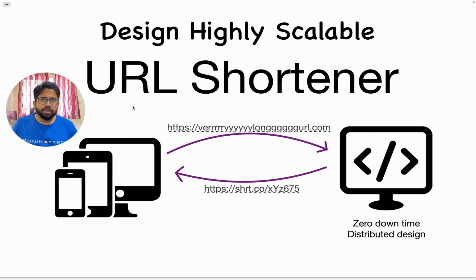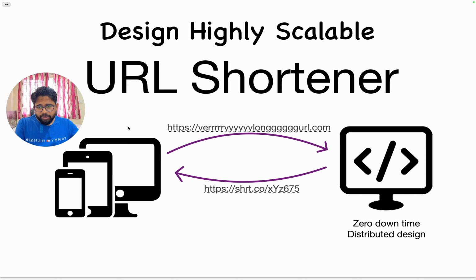Hello everyone. If you are looking for a highly scalable system design video, then this video is for you. In this video, I have taken the example of a system design of a URL shortener where in none of the layers there is a single point of failure. All the layers, including the database, are sharded and there are multiple machines in all the layers. So let's quickly get started.